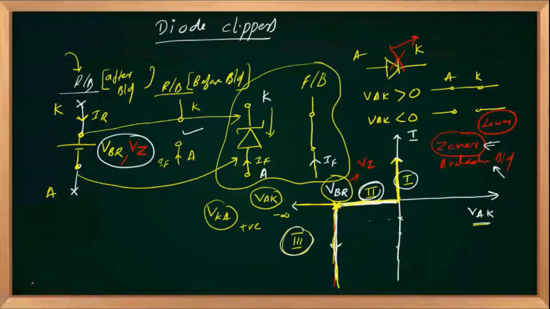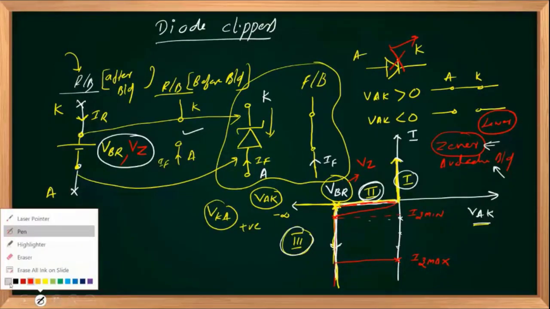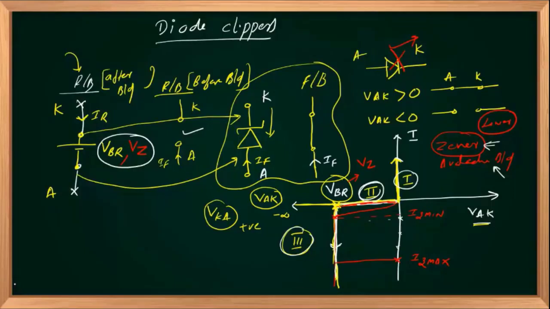Practically, the Zener diode current cannot go up to infinity or minus infinity. There will be a maximum limit. We'll call it IZ max. And ideally, the reverse current is zero in reverse mode before breakdown. But practically, to break down, there should be a minimum value of reverse current. We'll call it IZ minimum, right? Ideally, IZ minimum will be zero. Practically,